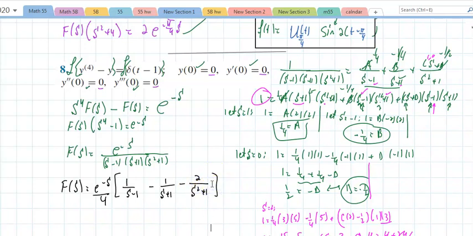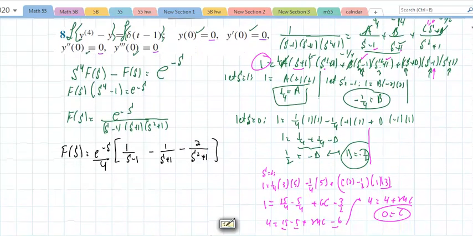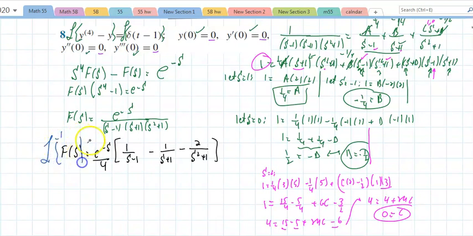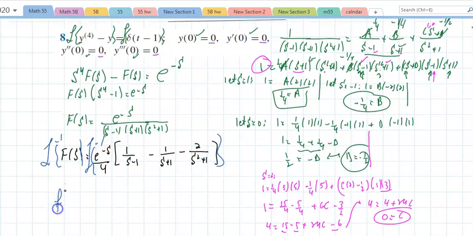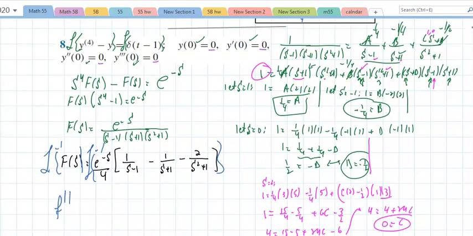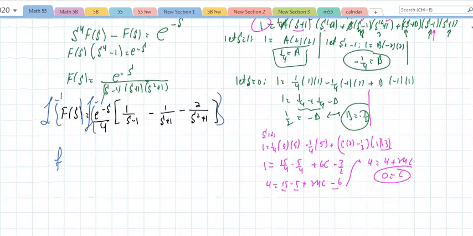And now if I apply the inverse Laplace transform on this, pretty much I'm done with the problem. If I take the inverse Laplace transform, I will get the solution, which is f of t